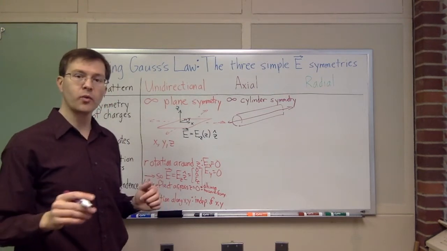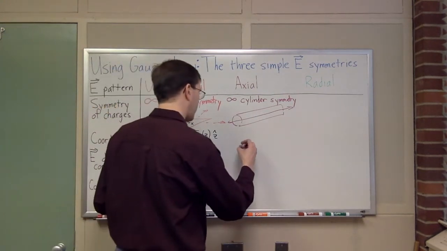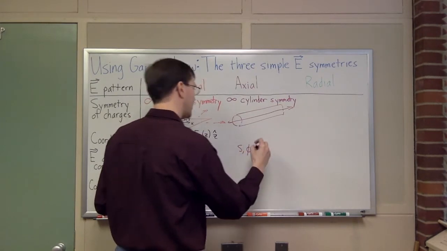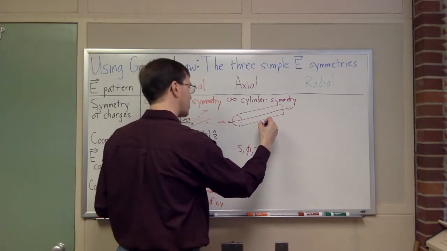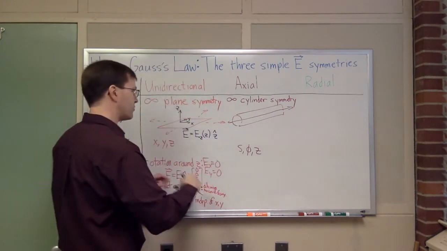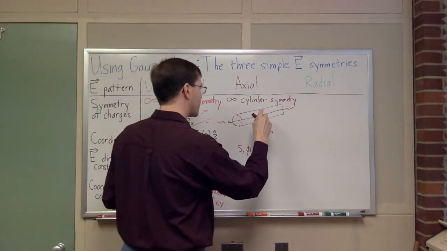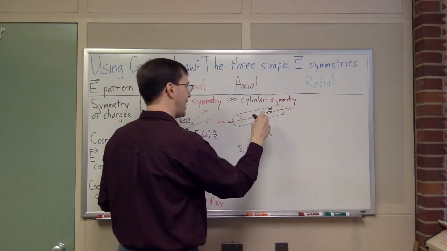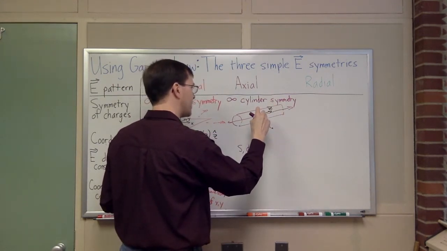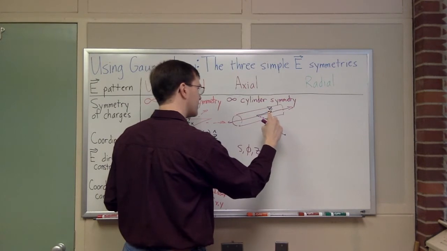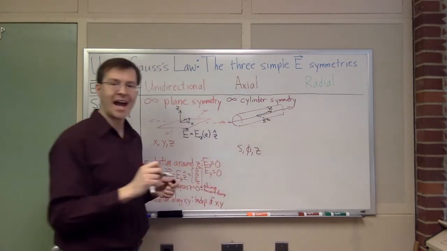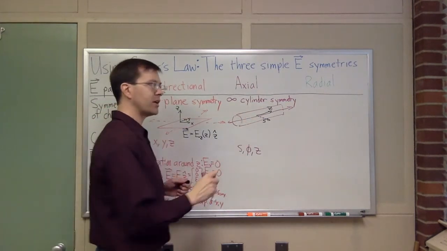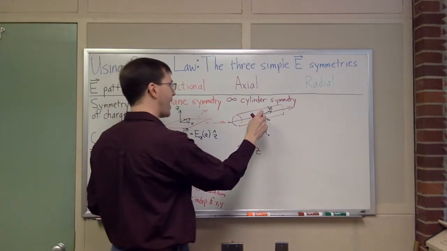The way I'm going to write cylindrical coordinates is S, phi, z, where the z direction is going to be along the axis of the cylinder, and S will always be the distance away from the axis, the distance from a given point to the closest point on the axis, and the phi direction